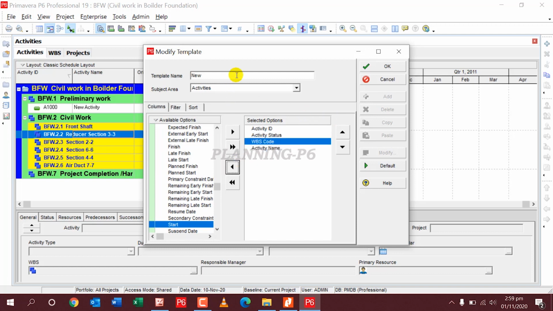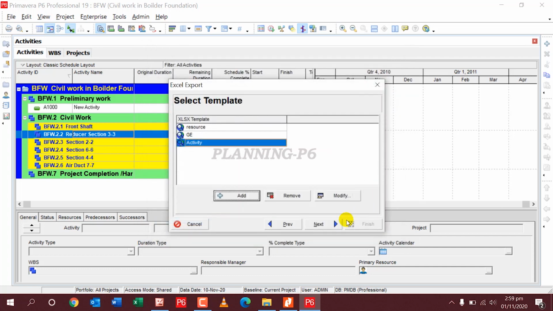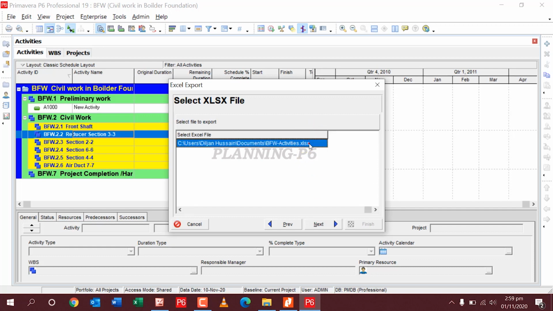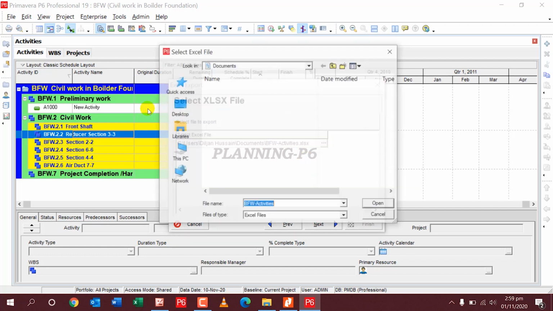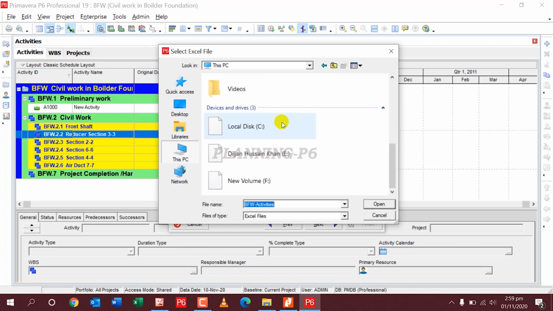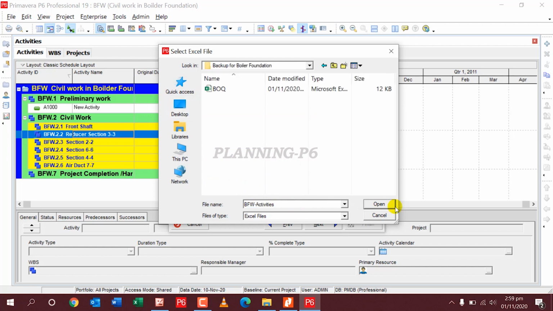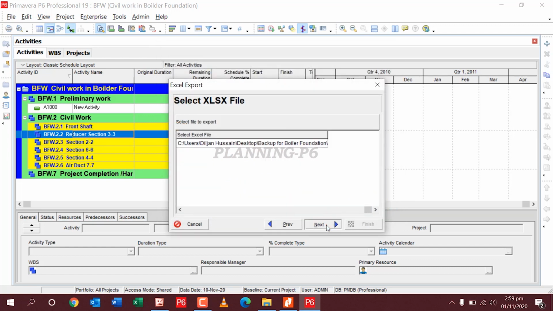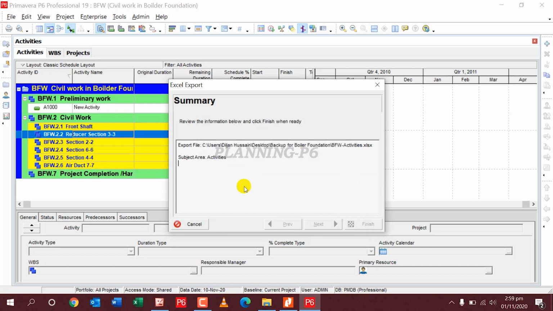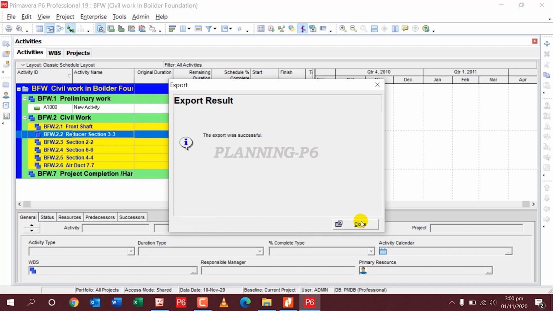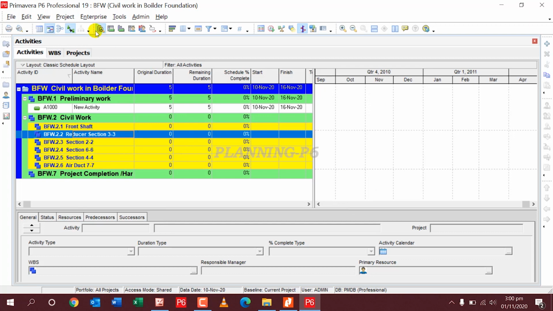Section activity. Okay, next. So location, I will go here and drop into location of this PC, desktop, backup, BFW activities. So open here and next, finish. So this file is created and exporting here into Excel format.